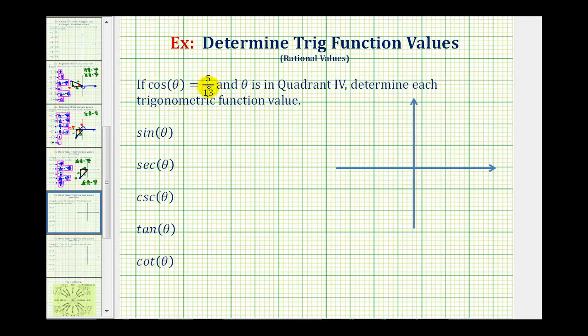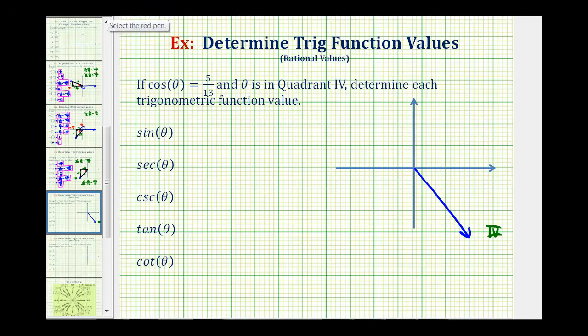If cosine theta equals 5/13 and theta is in quadrant 4, we want to determine each trig function value. So to find these trig function values, we're going to sketch the reference triangle for angle theta. And since theta is in quadrant 4, or this quadrant here, let's go ahead and assume that this is the terminal side of angle theta,